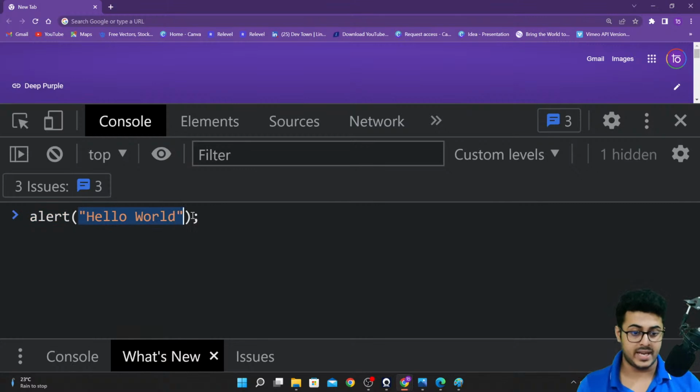It goes inside the parenthesis, and you finish off the sentence just like in normal English. You finish off a sentence by putting up a full stop. In JavaScript, you finish off a line of code by putting up a semicolon at the end.